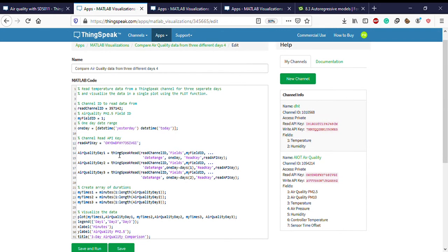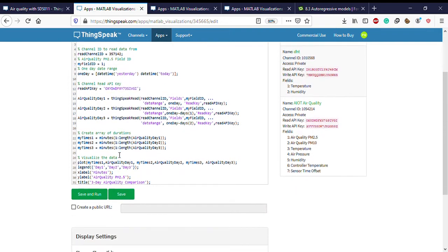Here I have read the data from the ThingSpeak channel for 3 separate days, and here the read channel ID is this, and the air quality PM 2.5 field ID is 1, and then I declared the 1 day time range, and then the API key, and then I retrieved the data from the channel for 3 different days, day 1, day 2 and day 3,